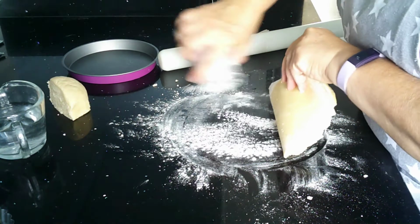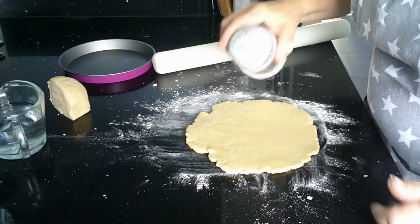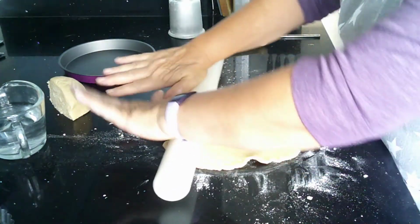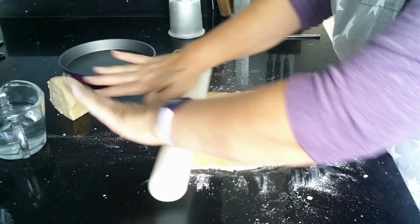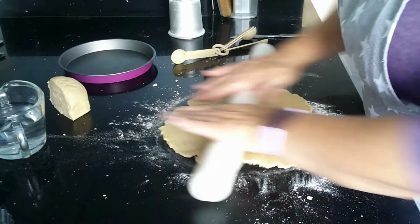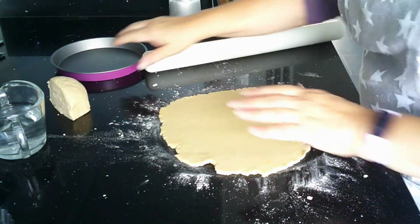If I can't move it easily, I will add a little bit more flour underneath, and I'm just going to put a tiny little bit on the top. So once away from you and turn, and you can see I have a little bit of cracking at the edges, but it doesn't matter. And I'm just going to keep rolling my pastry until it is big enough to do the bottom and sides